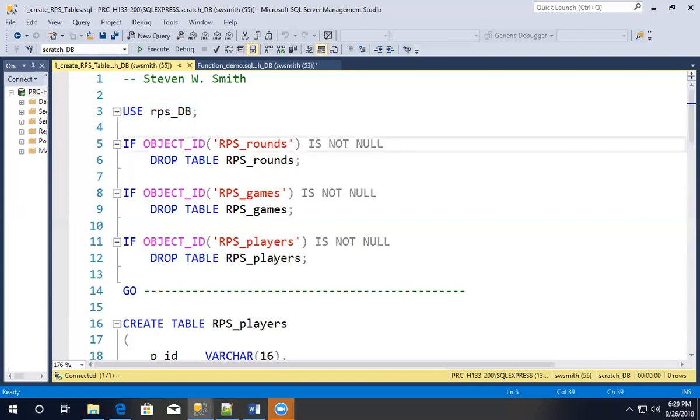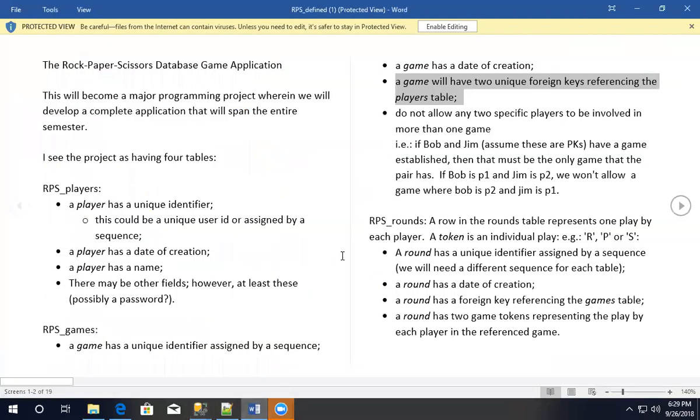So drop the rounds, drop the games, drop the players. I got 3 tables. Okay. I strongly suggest that you keep 3 tables. And the way